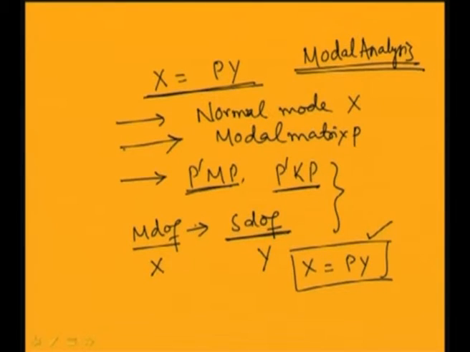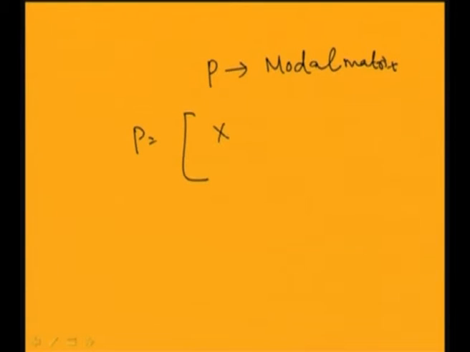Also, you can simplify this by using another matrix known as the weighted modal matrix. The weighted modal matrix can be obtained from the modal matrix. Let the modal matrix be P. The weighted modal matrix can be obtained by dividing the columns of P. Let P equal x1, x2, x3 for a 3 degree of freedom system, and let M1, M2, M3 be the generalized masses.